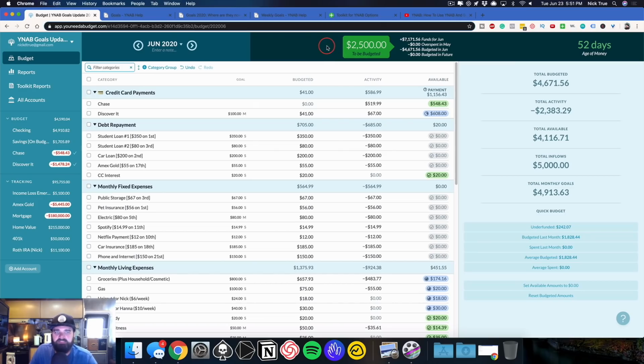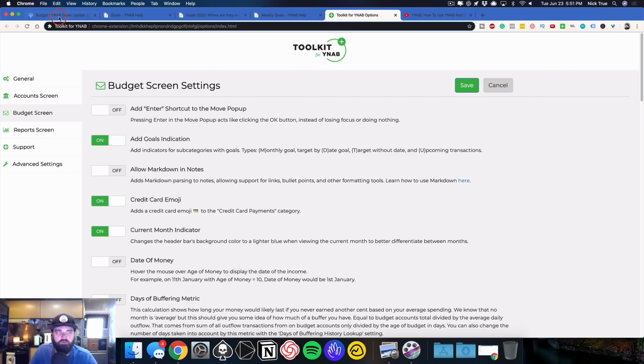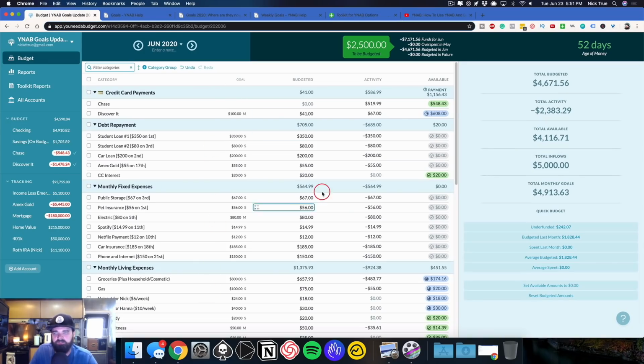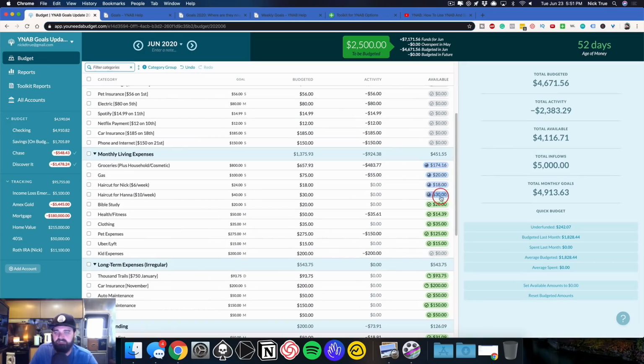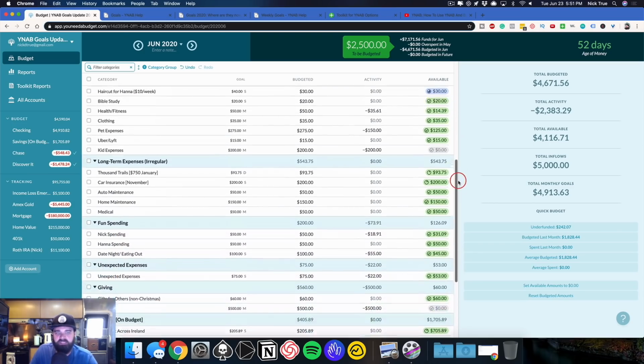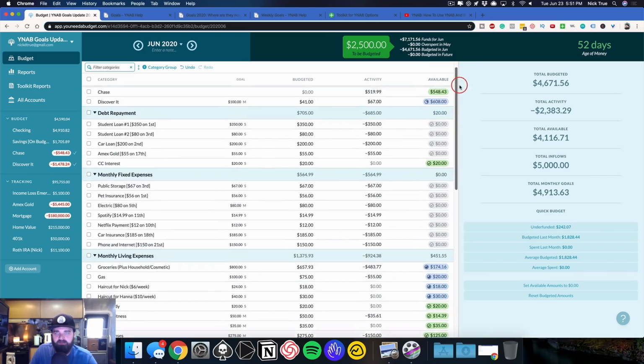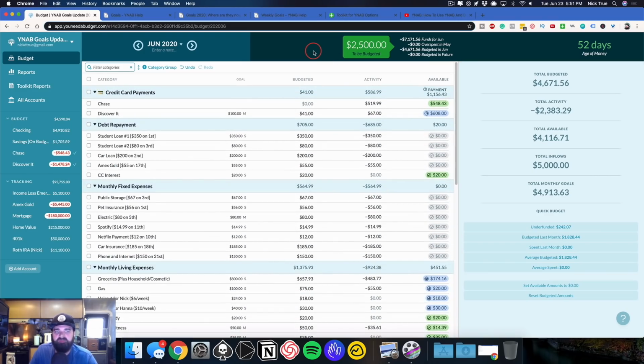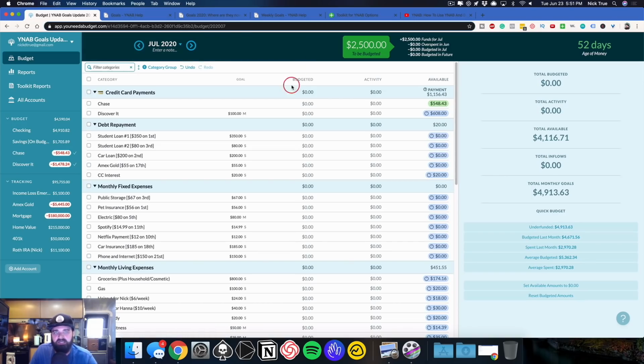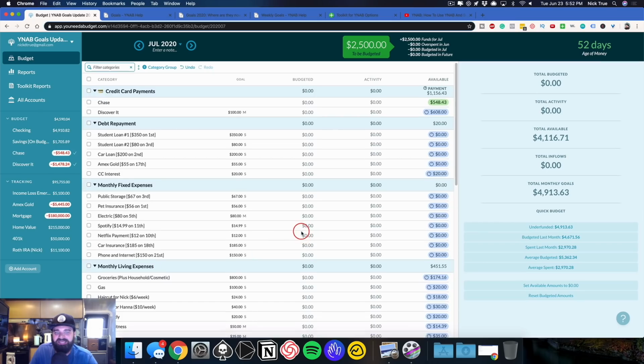You can see with my setup, I'm using the toolkit, of course, so I have this goal column turned on, and I also have these colors turned blue for when I haven't fully met a goal. You can see that I have goals set for everything. And what this allows me to do is it helps me plan for the future by knowing what my total goals will be. So if I go forward into July, into a month where I haven't budgeted anything at all